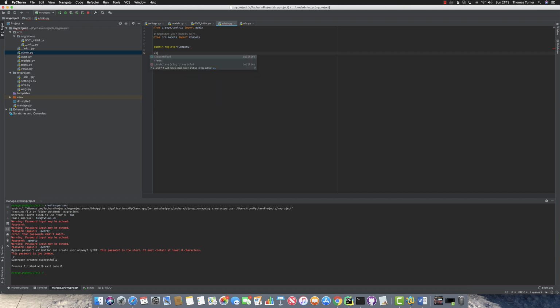Now I'm going to do class underneath, CompanyAdmin, and I'm going to put admin.ModelAdmin, and down here I'm going to put a list_display. List display is what it shows on the list page. I'll explain that when I show you in a minute. And I'm going to put the name on the list page. We need it as a tuple format, so we put it with brackets, name, comma,